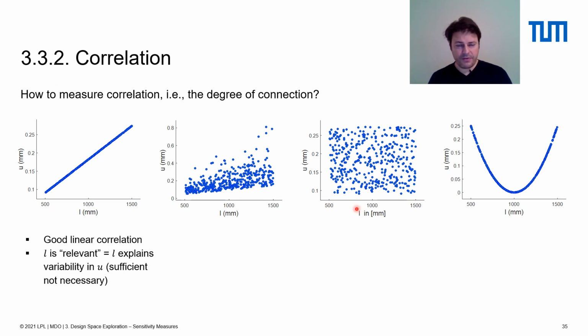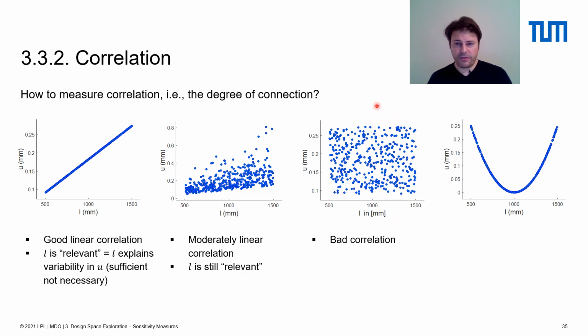For the relevance of L, this is sufficient, but it's actually not necessary, meaning that L may be relevant even though you do not have a good linear correlation. So when we look at the second example, we can observe that there is a moderately linear correlation and L is somewhat relevant,